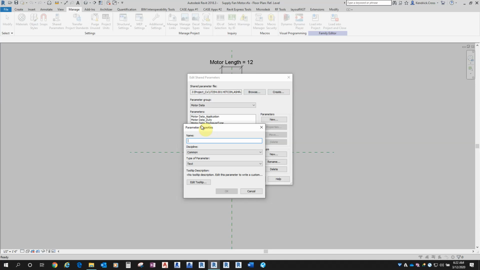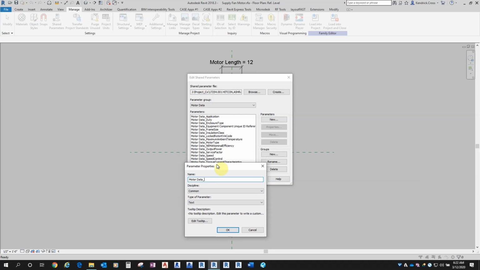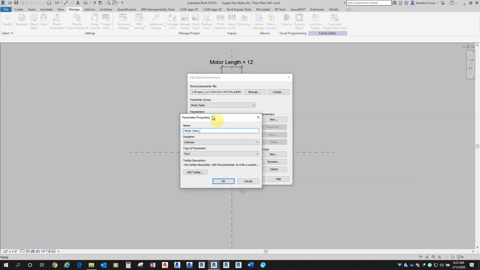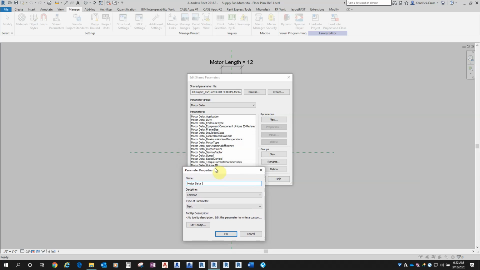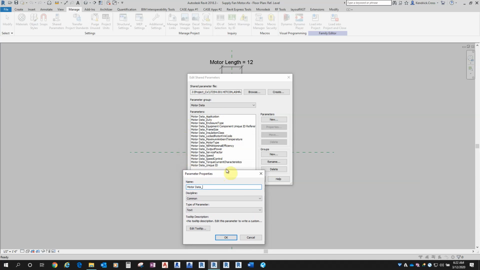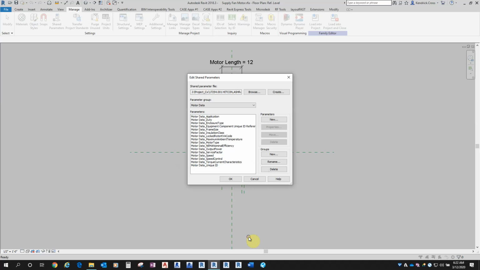So we would just simply add a prefix and then whatever the name of the parameter is. And as you can see, I've already added all the ones from the ASHRAE spreadsheet, and they are already in here. So that's how you actually add a parameter. You hit OK, it'll show up there. That's how you add them to the shared parameters